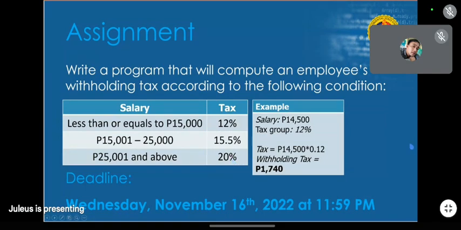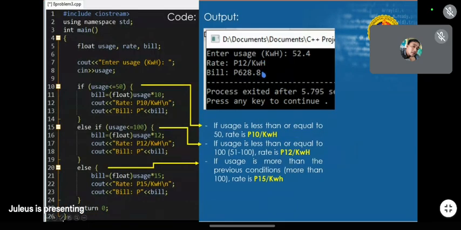Again, your output is this. You output this, this is the input, and every time that you input a number, it will display which tax group. It should display which tax group it is. So output this. And then output the withholding tax. So two outputs each time: the tax group and the withholding tax. So is it the same? Try to make your output as clear as possible.